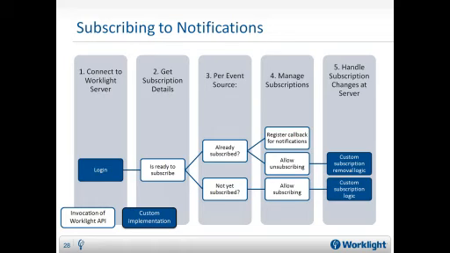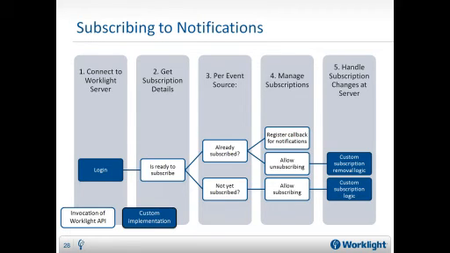Once the user logged in, the application should use a Worklight API for checking if the device is ready for subscription. The API uses the relevant mobile operating system to determine this. Then the application can check all data sources and can allow the user to change his subscription status. The application will present the data source with custom user interface, but will change the subscription status using a Worklight